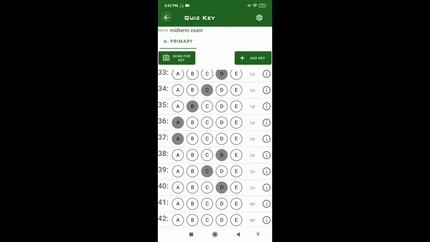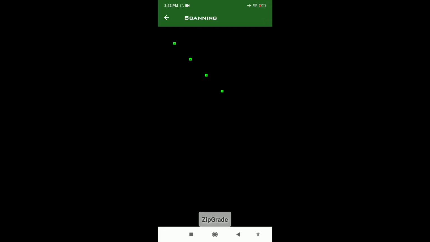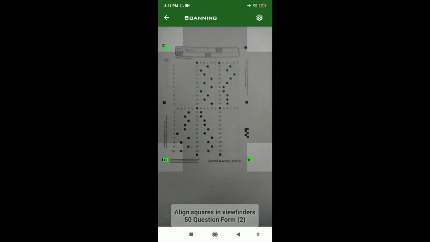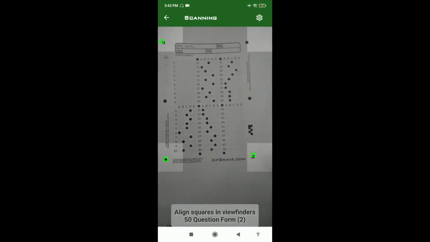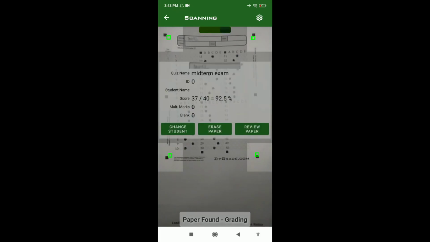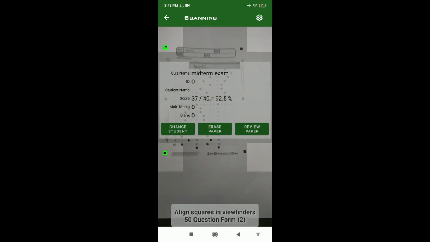Just tap the upper left corner arrow, and then we have to scan the actual test paper. So, scan papers, just allow it and make sure it is aligned: the upper right and left corners and also the bottom, just like this. So that's how it is done.